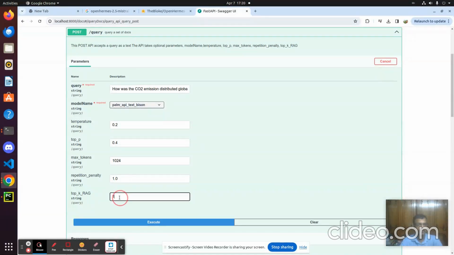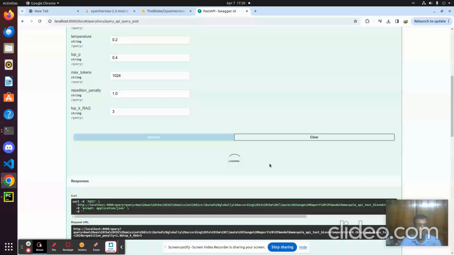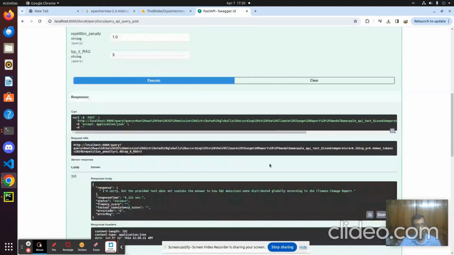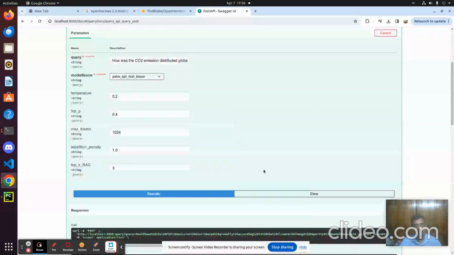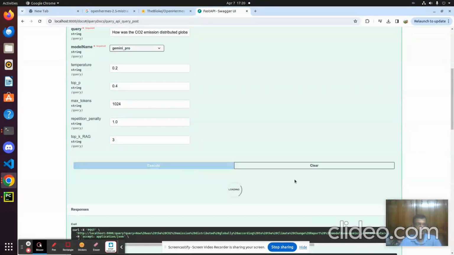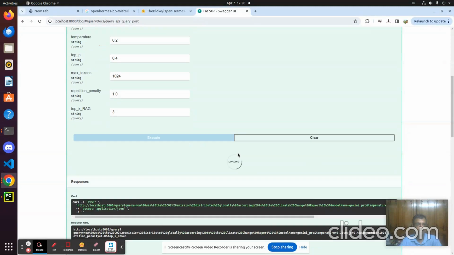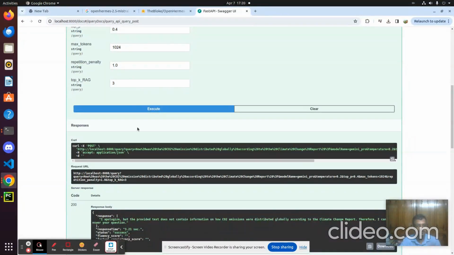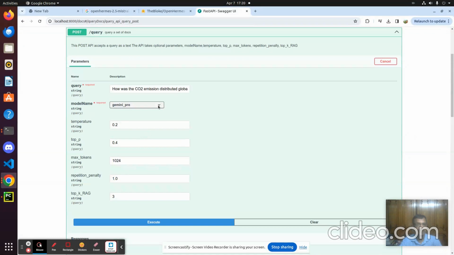We can even change the top K rag over here and ask the question to Palm API, and we can see how the response varies. We are giving it more answers from the database. Now it gets confused, right? It doesn't give the proper answer, which is also surprising. So if we give this to Gemini Pro, you can see how this works with top K rag of 3. So we are saying take 3 of these things, but it still doesn't get it. But when I send this to OpenAI,